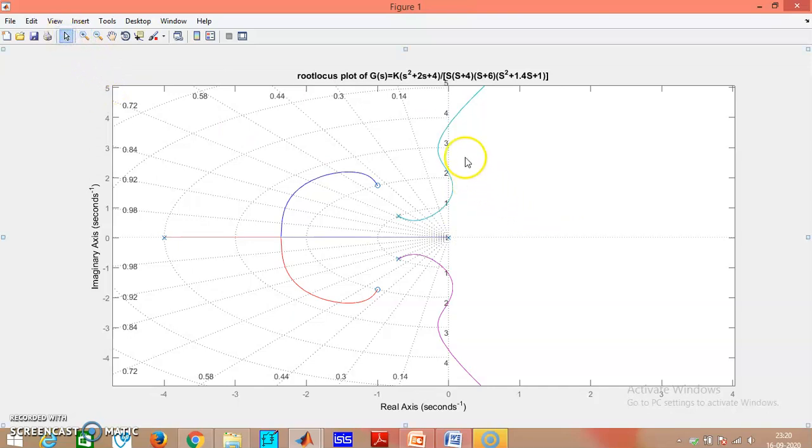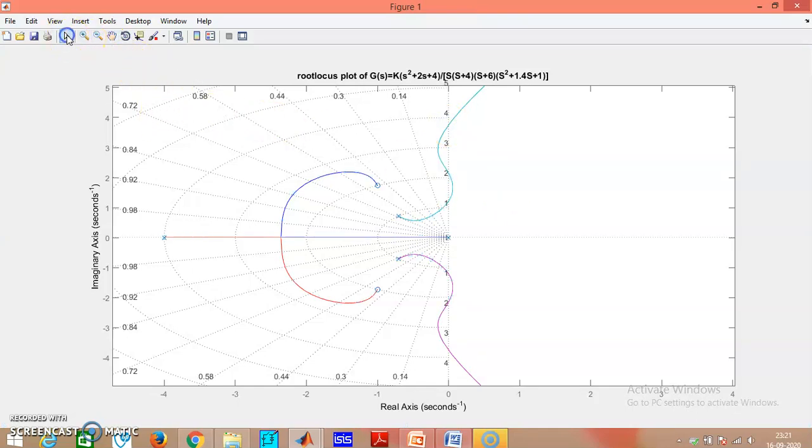so you are finding that this is the left hand side of the root locus. So this part of the locus is a stable part, and to the right hand side it is an unstable part. So you are finding that the root locus is crossing the imaginary axis. So after crossing this imaginary axis, the system will become unstable. Similarly here also you will find that the root locus is crossing the imaginary axis in the negative direction. Now the crossing of the j omega axis is very important. So we can, if I click on this particular point,